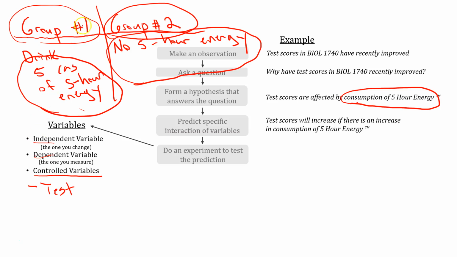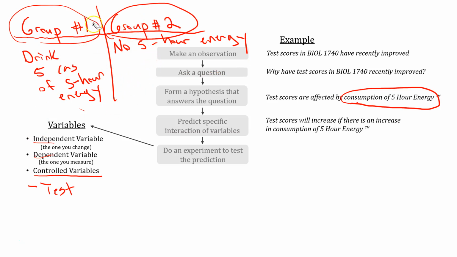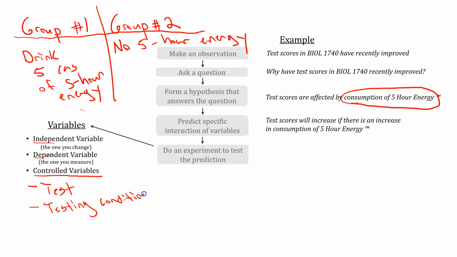If I give group 1 a super difficult exam and I give group 2 a really easy exam, then the difference that I see in test scores might not be due to the consumption of the energy drink, it's probably due to the nature of the exam. Also, things like the time of day that the exam is offered, or maybe you could sum it up as the testing conditions. If I give an exam really early in the morning to one group and really late at night to another group, it could be that the test score difference that I see is due to just how the time of day affects people's